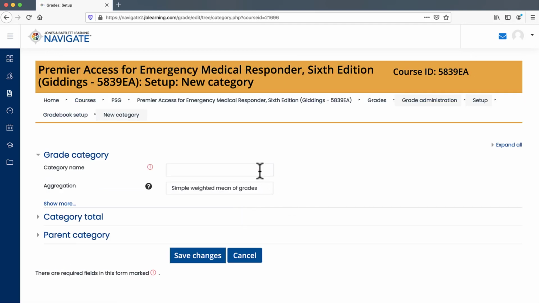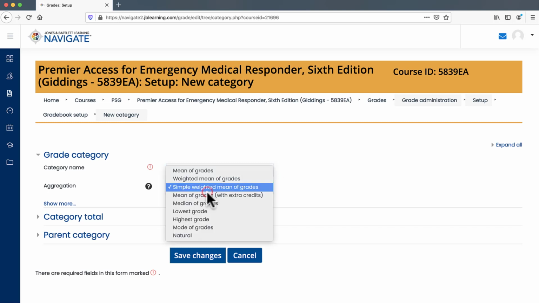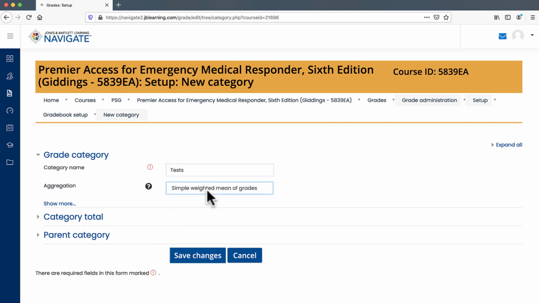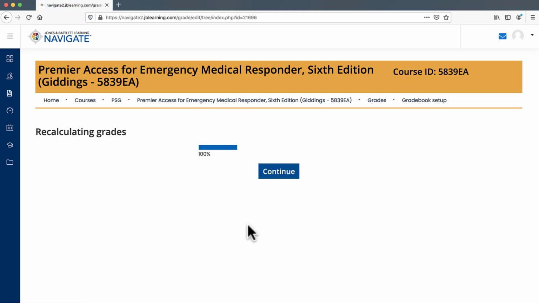Enter a preferred name for the category, and then use the Aggregation drop-down menu to select how the activities within this individual category will be calculated. We recommend applying a simple weighted mean of grades aggregation, meaning that all activities within the category will be weighted in relation to their individual point values within a 100-point scale. When finished, click the Save Changes button at the bottom of the page and hit Continue to return to the